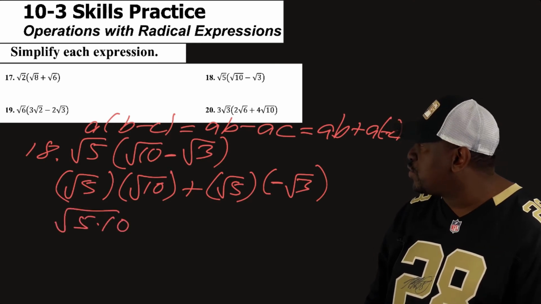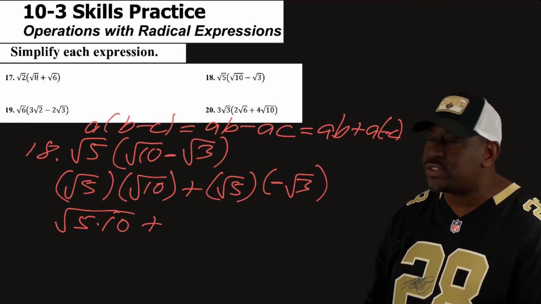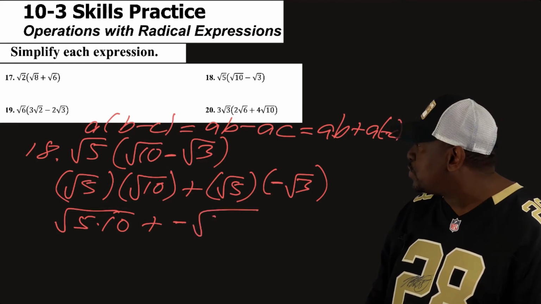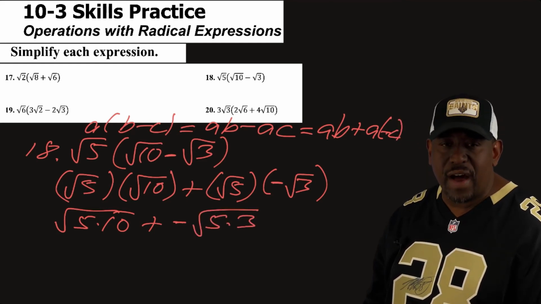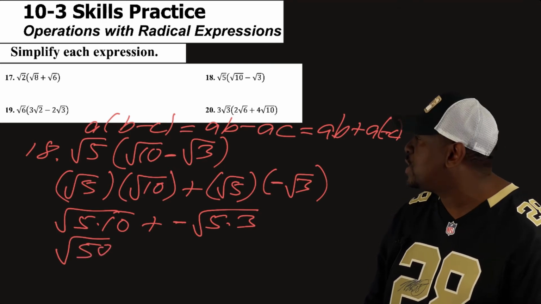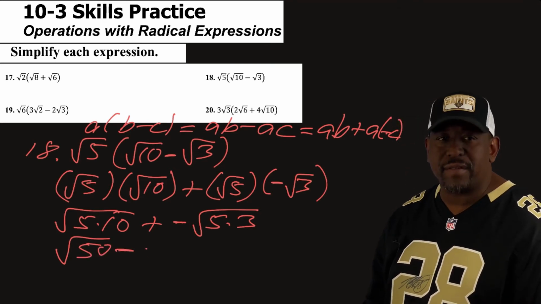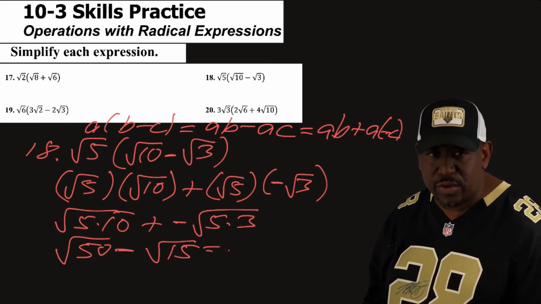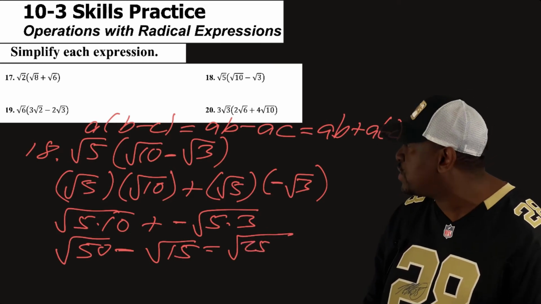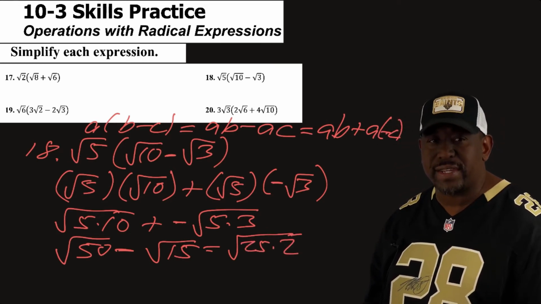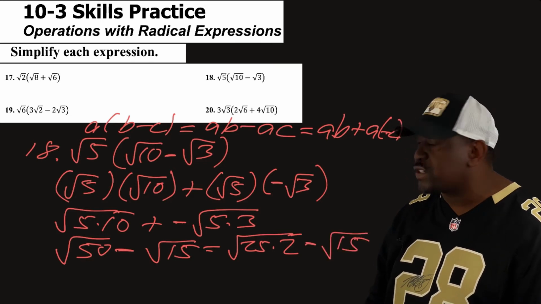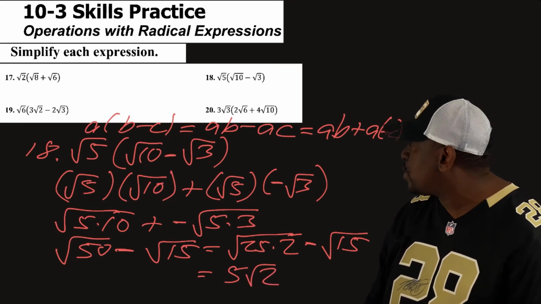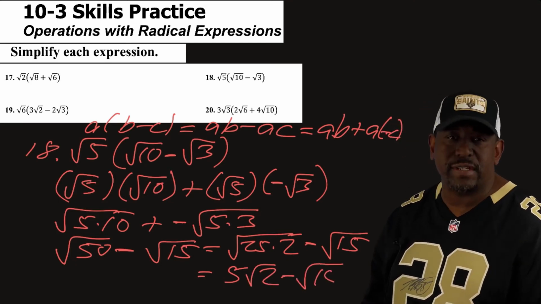We multiply the 2 radicals and create one big radical. So under the radical, we'll put 5 times 10, then we create one big radical and we write negative, and we multiply 5 times 3. That simplifies the radicals, which is a property. So we will end up having the square root of 50 minus the square root of 15. You cannot simplify square root of 15. There's no perfect square as a factor. With 50, you do have it, so you break it down into 25 times 2. You take the square root of 25 and the square root of 2. That will simplify to 5 times the square root of 2 minus the square root of 15,